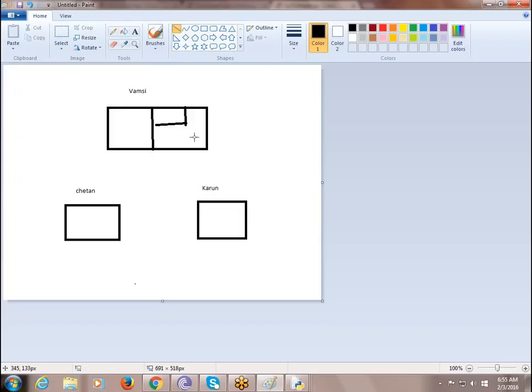I have designed some template for my building plan. Now you both came to me asking, hey Vamshi, can you please provide the template that you are using for your building plan so that we will use that and construct our building?